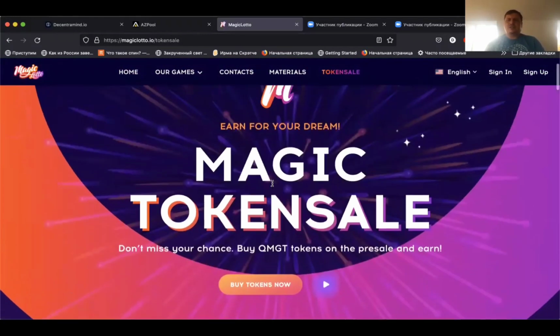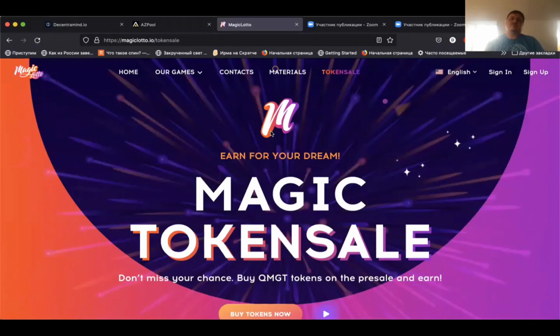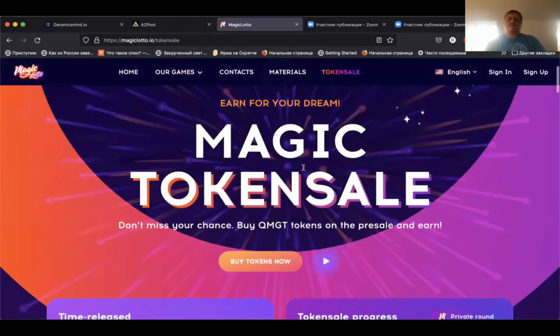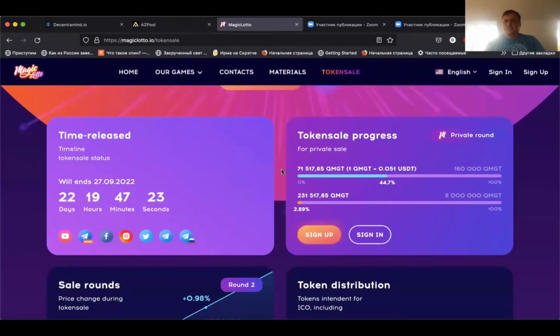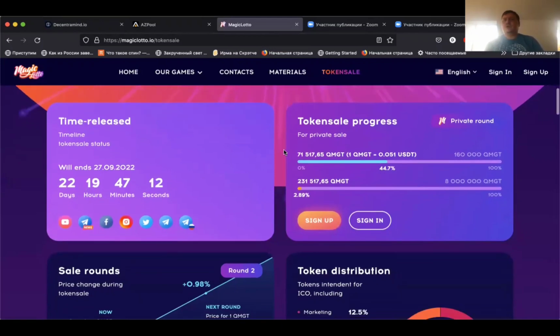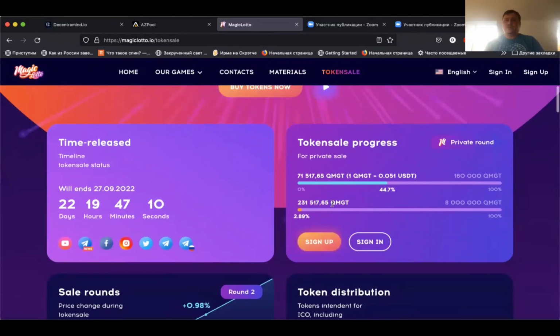Magic Lotto is not only a gambling service, it's a technology. Technology can be provided to other people. At this moment, you see 44% of the first stage already closed. You have 22 days to think about how many MGT tokens you would like to take, and why it may be of interest to you. Because